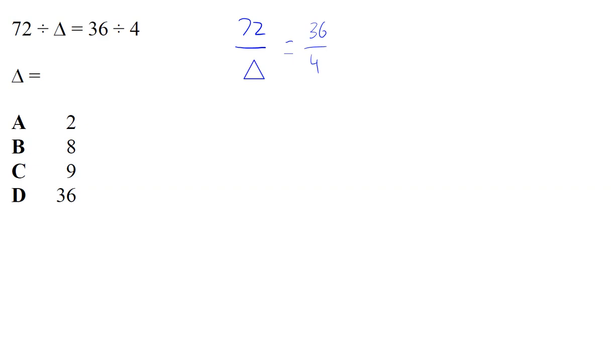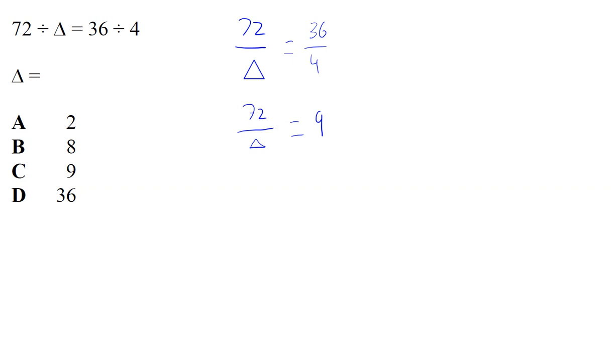Okay, so let's work to make this equation more simple. So we'll continue. 72 over triangle is equal to 36 over 4. But we know that 36 divided by 4 is equal to 9. So we'll leave that as a 9 there. Now, what we can also do is to move the triangle up to the other side by multiplying both sides